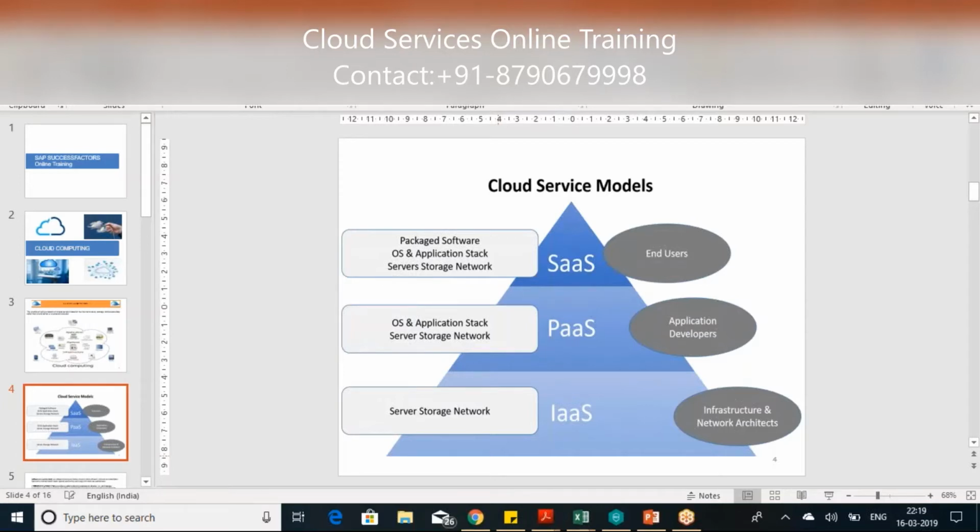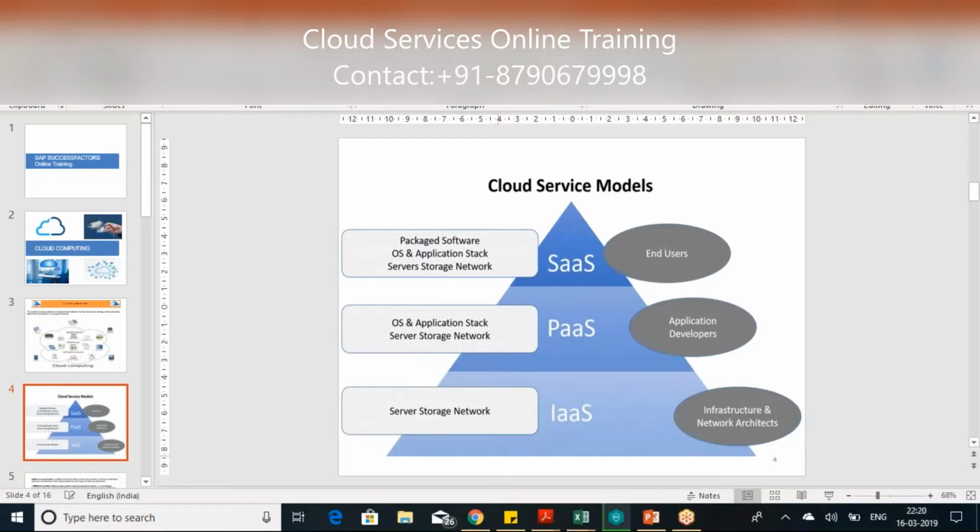Okay, and then the third service model is software as a service, where everything comes in place. Now, you don't have to purchase servers, or go for the platforms. All of them are pre-built in the cloud. So the only thing is, you just take the URL. You'll be given a user ID and password. Then you log into the system, and you can start working.